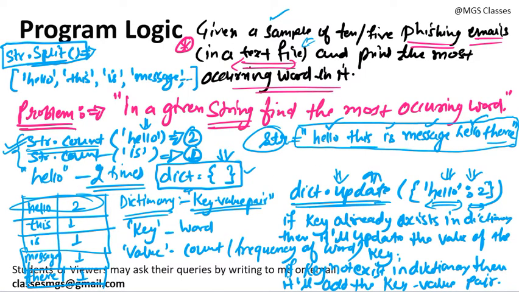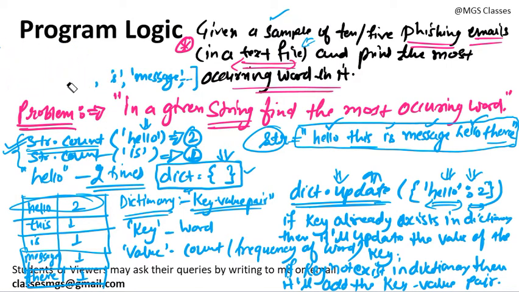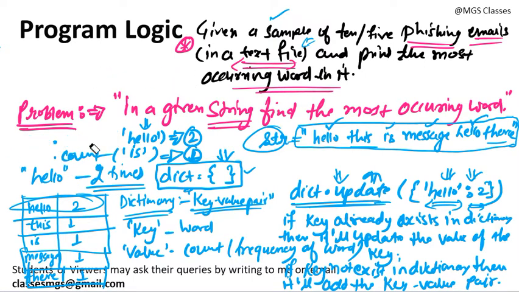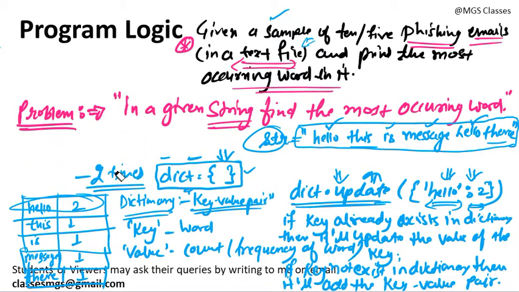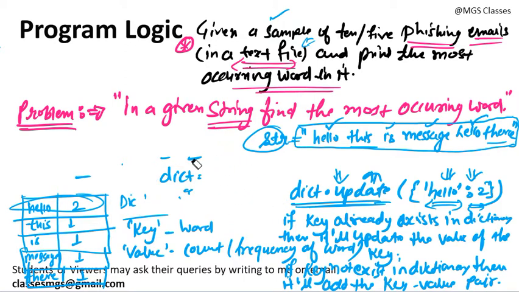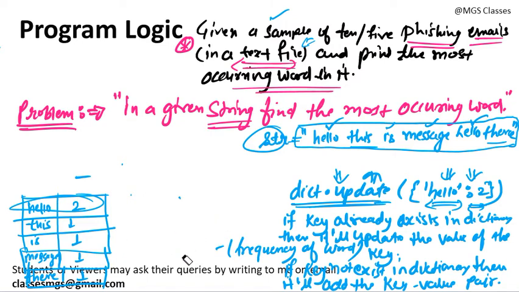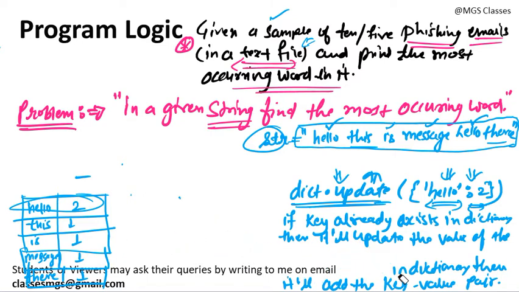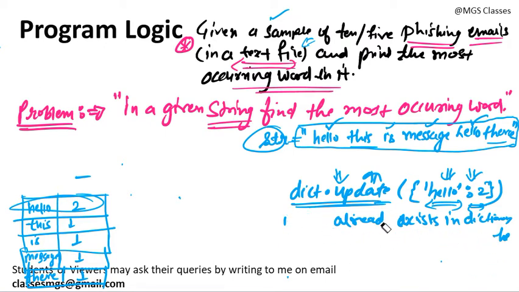I explain the things in detail so that you don't get confused when I use those. So I am removing all those and I am going to write the Python code so that you can get the idea how I am going to solve this problem. And now you know how to create a dictionary, what is the update method, what is the count method, what is the split method, you all know those. Now we can try to write the Python code.